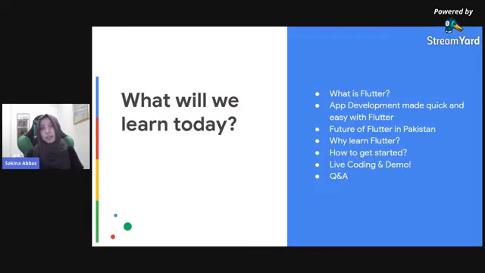So in today's session, what will we be learning? We'll be looking at what Flutter really is. We'll look at how Flutter makes the application development process easy and fast. I'll be answering the most famous and the most frequently asked question, what is the future of Flutter in Pakistan? And why should one learn Flutter at all?